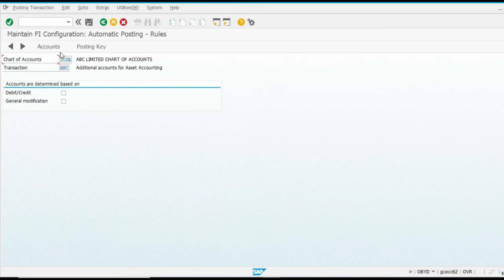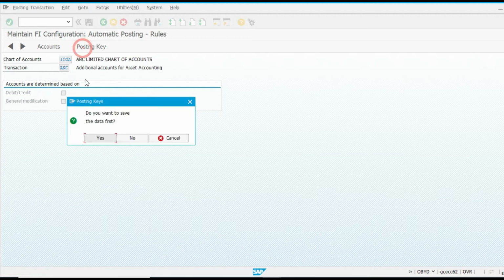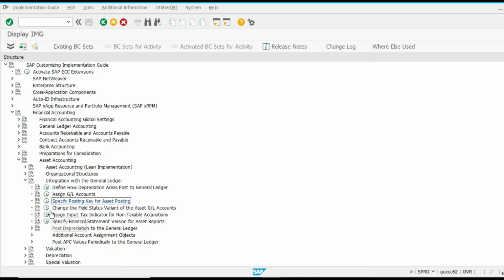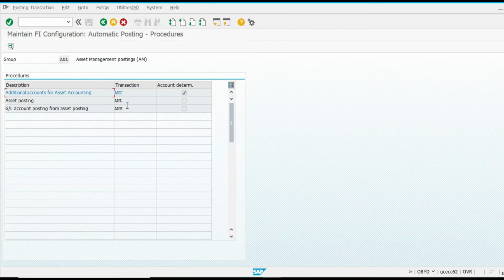This is the additional account which we can assign, but we have to mention on which basis we want to post. We don't want to assign a posting key account, so here it is mentioned it will take it through account determination.